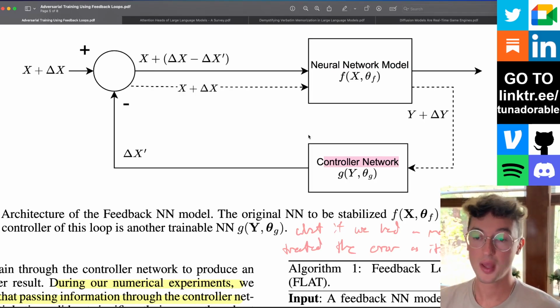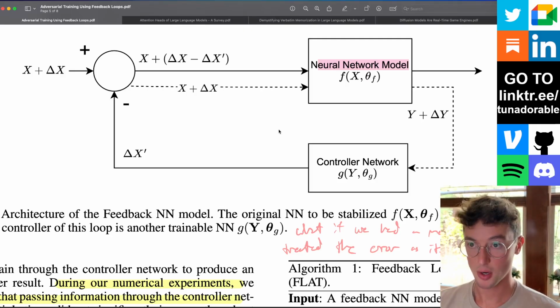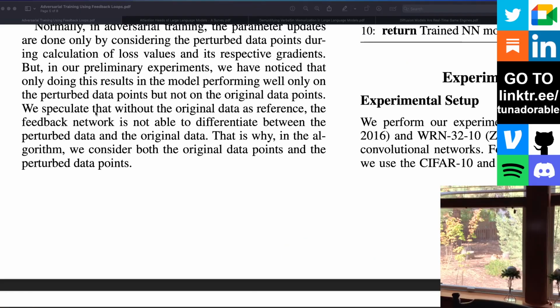We don't actually know. I don't believe they found any case where it was, but again, they didn't test all scenarios. I think in a scenario where the controller network is much, much smaller than the primary one, that might be where you actually find this useful, or just certain data sets that might have some kind of intrinsic recurrence to their structure might find it helpful as well.